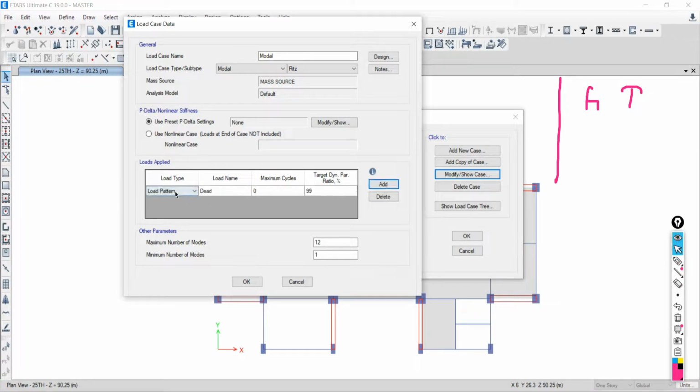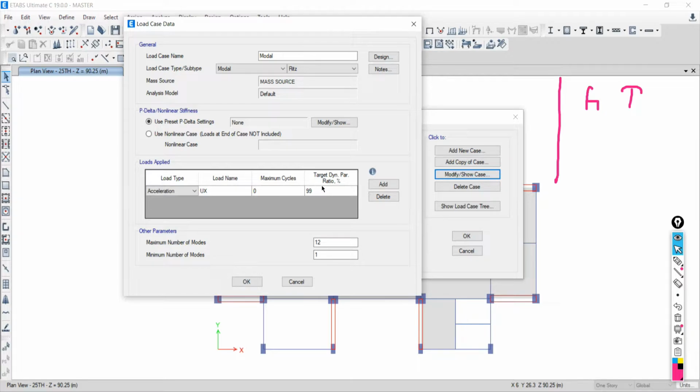First say add, and here it will be Acceleration, UX, and mass participation. If 100% mass participation of your structure occurs, that will be good for calculating the mode shapes, time period and frequencies. Mass participation means how much load of your structure is going to participate in resisting the lateral loads.